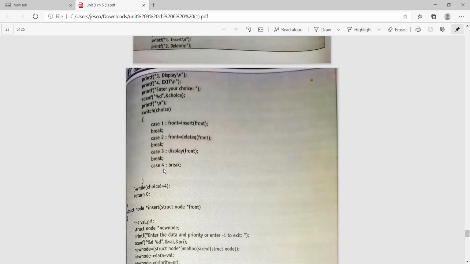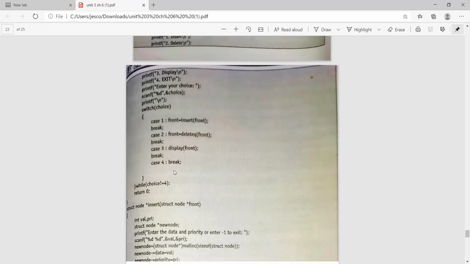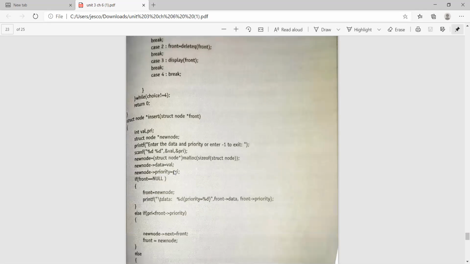And if the user enters the fourth choice, that means it has to come out of the loop. So the choice should not be greater than 4. It should be 1 to 4 only.